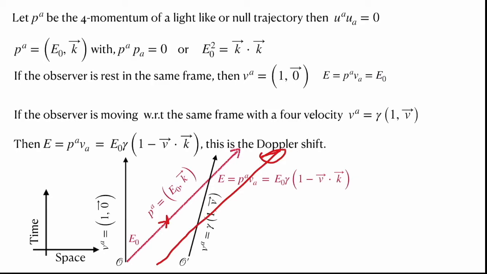And this light which is sent from O will never be observed by this observer O prime, because he is also going at the 45 degrees and they are parallel lines which would never meet. So this is to say that the light cannot be observed by another light-like observer. So these are the concept of the energy for a given physical system as seen by the observer. So the idea of observer is very, very important in the case of relativity.